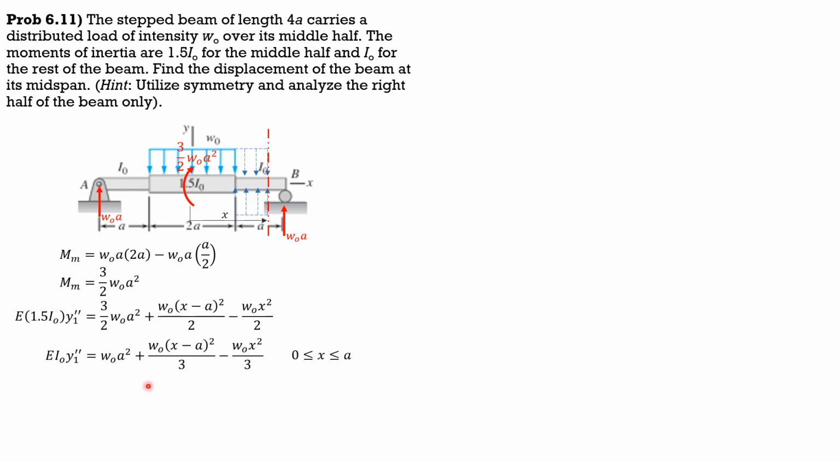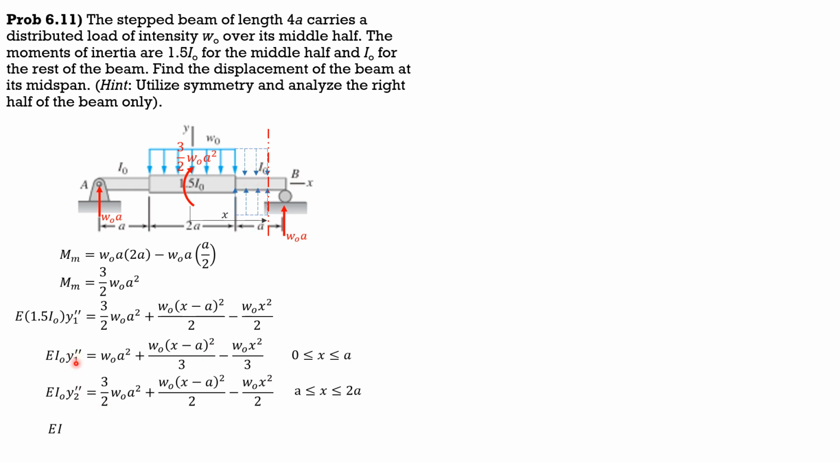Integrating once, that's applicable from 0 less than or equal to x less than or equal to A for this part. Then for EIO y2 double prime, let's go back to this. Let's copy this. This is unaffected because the moment of inertia of this portion is IO only. So this is applicable for A less than or equal to x less than or equal to 2A. So in this segment here,